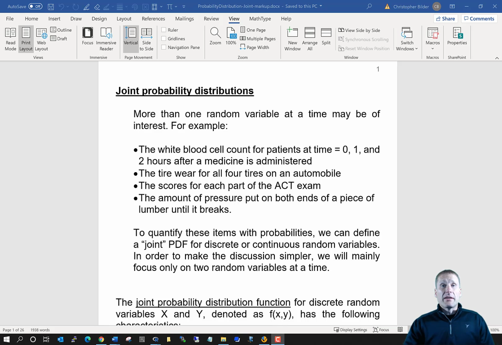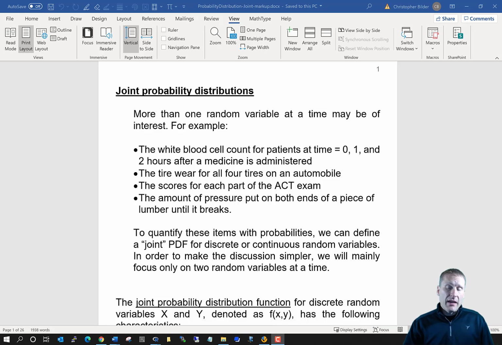Next, we're going to talk about joint probability distributions. These are used when we have more than one random variable of interest, and we are interested in how a probability distribution can characterize a particular population that involves more than one variable of interest. So to give you some brief examples of where